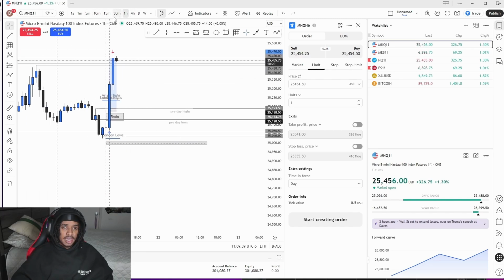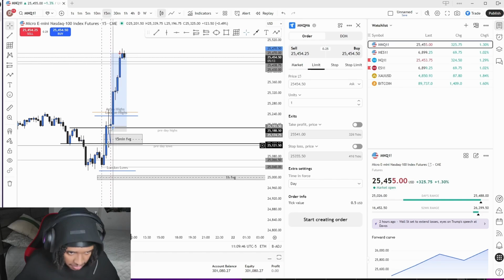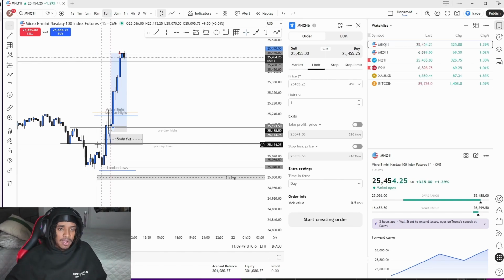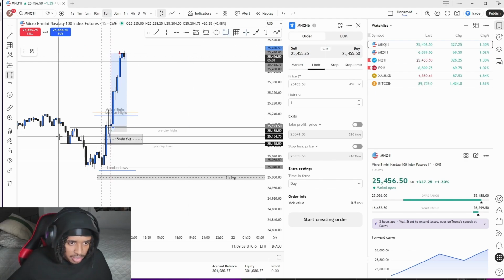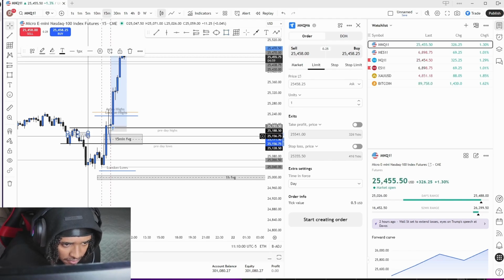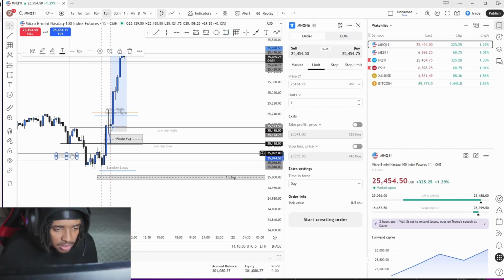So basically, I see a liquidity sweep on the hourly. 15-minute is also a liquidity sweep. And what happened on the 15-minute? Boom, a break of structure. What happened? This gets disrespected and this gets disrespected. Not just that, this also gets disrespected. This three fair value gaps that you see right here. You know what? Let me mark it up because some of y'all won't see it. One fair value gap and then another one right here. You can see it. Disrespected all of them.